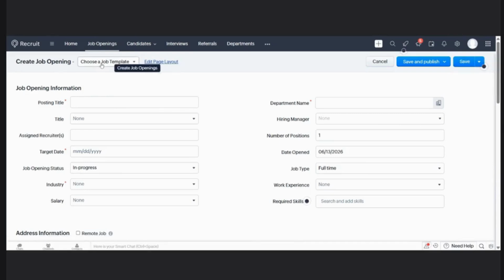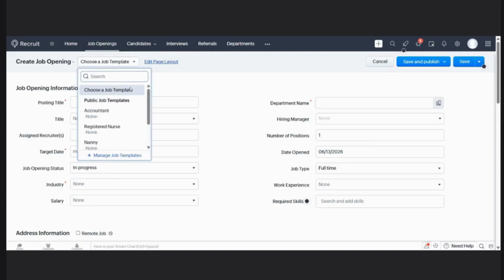Now here, what Zoho is doing is it's giving you some job templates also, right? As in if there any, okay, they don't have any here, but you can certainly create a job template. For